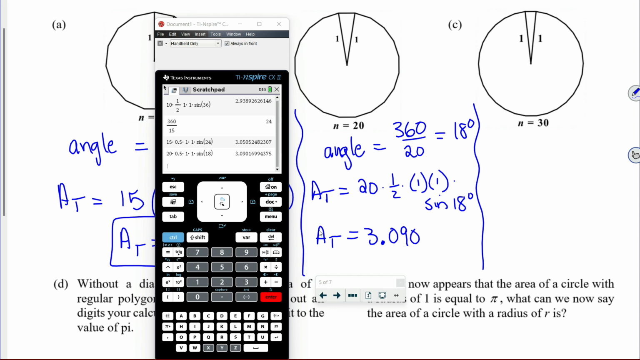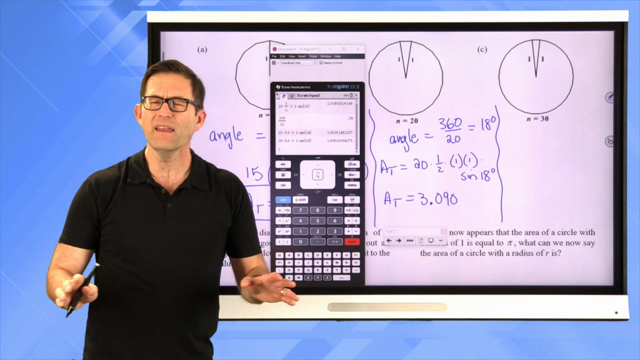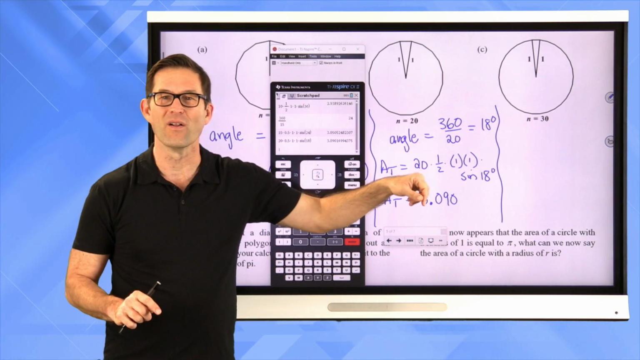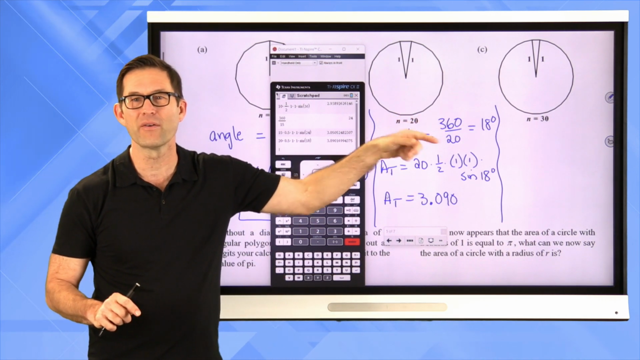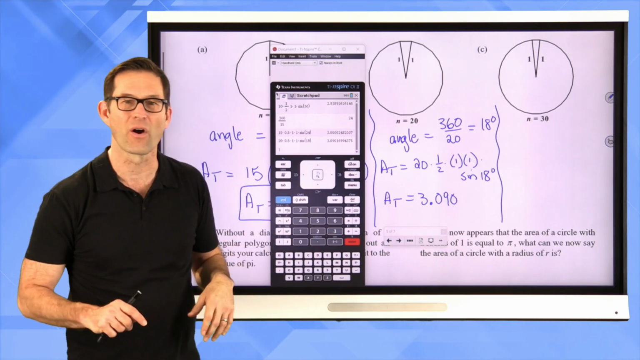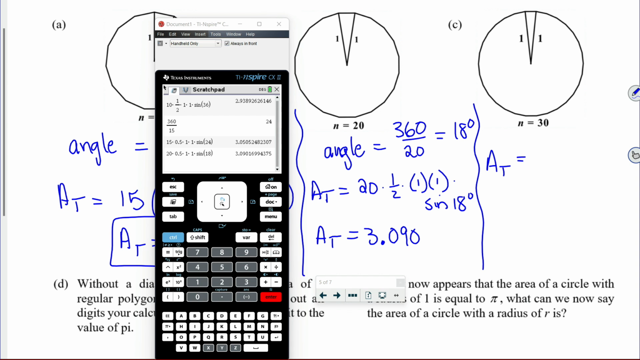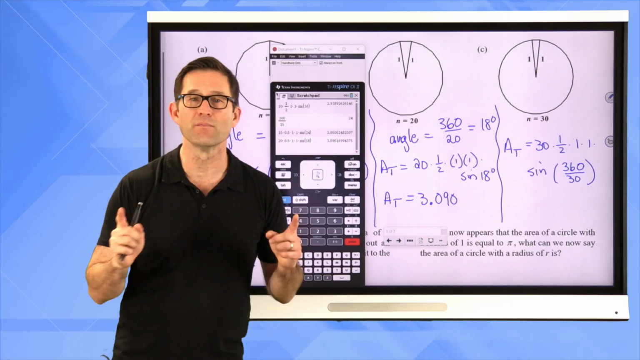All right. And I can even take it a little bit further, right? I don't really even need to know the angle, right? The angle is simply going to be 360 divided by how many sides there are. So I'm going to go right for it right here. The total area here is going to be 30 times 1/2 times 1 times 1 times the sine of 360 divided by 30. Now, if you went ahead and figured out that that was 12 degrees, more power to you,